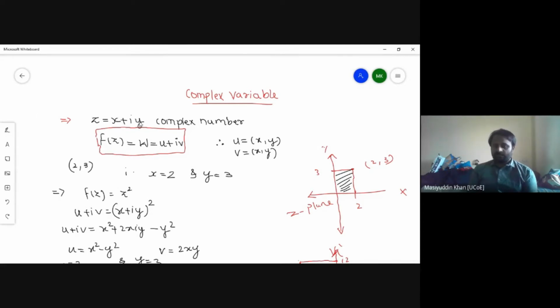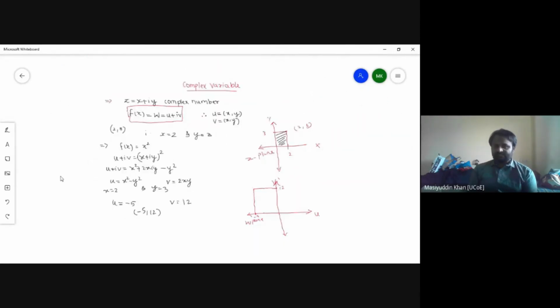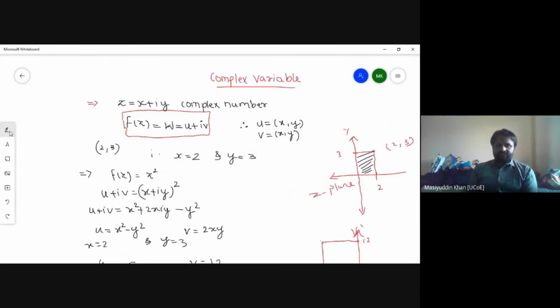So please remember, in a complex number it was x plus iy, and x had no further terms. By default x was the real part and y was the imaginary part. Similarly here, f of z is equal to u plus iv, u having real values, v having imaginary values, but u is also with both the variables x, y, and v also has both the variables. So please try to understand what a complex variable is and how you can remember it. It is again a similar concept to a complex number, but you have to represent it with u plus iv.